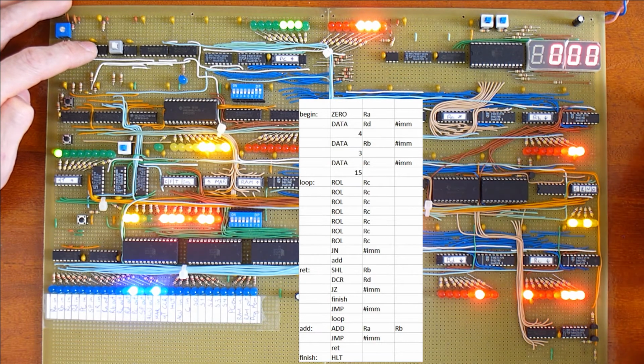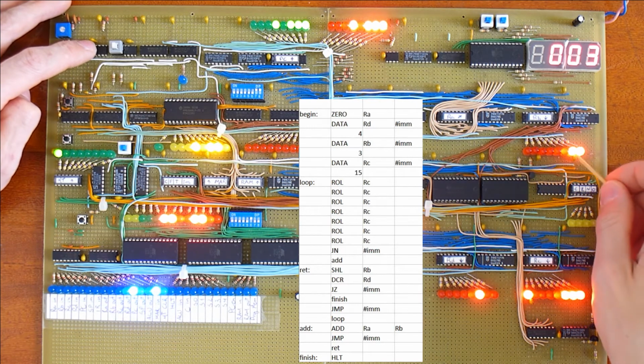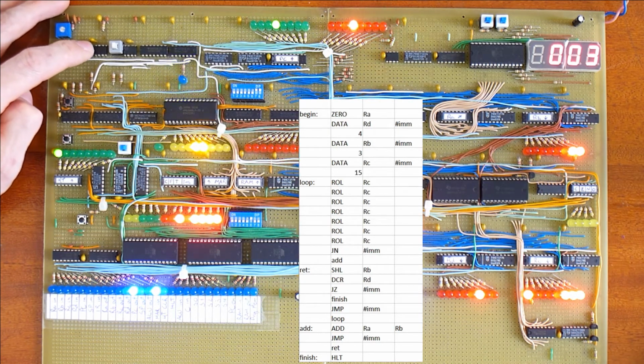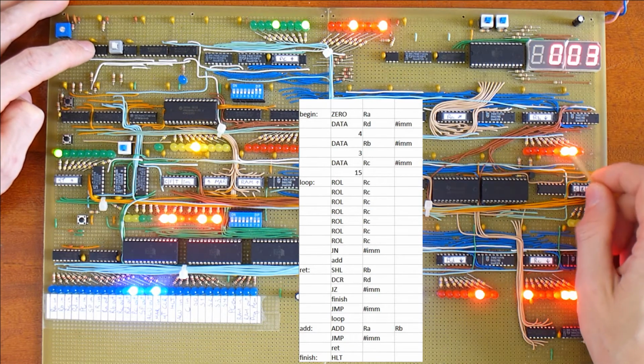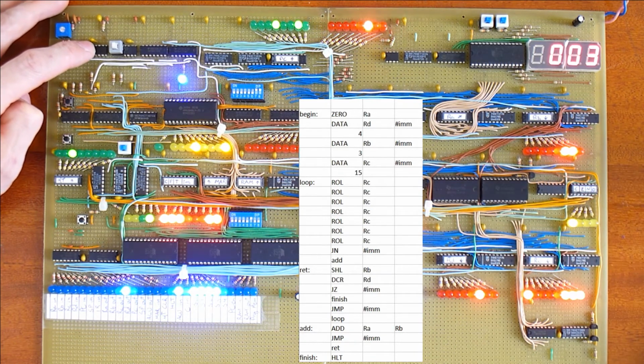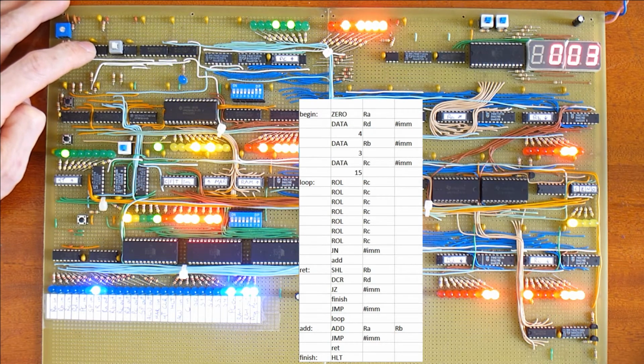We'll add our A to our B, so we should have a 3 here added. Yes. Then we'll come back to the return instruction where we'll shift our B left 1 time. So now we had a 3, now we have a 6, and we will then go to the beginning of the program again, to the beginning of the loop,